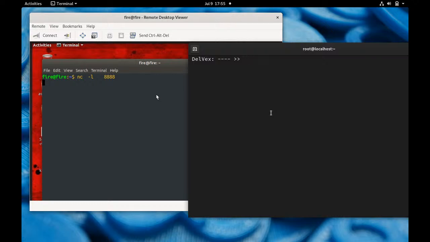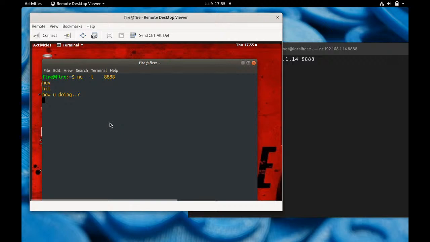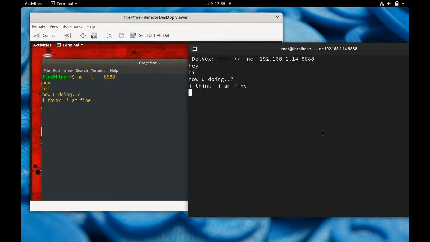First, let's do a general chat. So let's say nc 192.168.1.14, that is the IP address of this machine, and the port number 8888, right? And I'm hitting enter. See, it got connected. Let's say I'm sending a message like hey, wow, received, right? Like hi, how are you doing, right? And if I reply back, I think I'm fine, right? And if I check back here, okay, that means by default you can use this netcat facility to